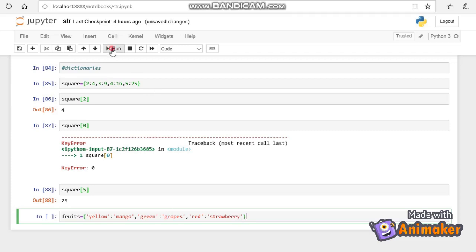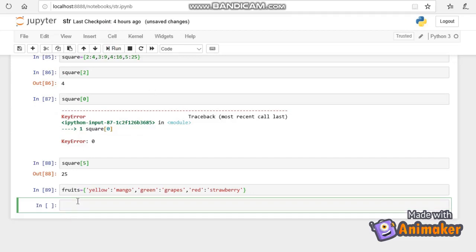Suppose I want the fruit with yellow color, so I am giving fruits yellow. If it is a string, we should give it using single quotes or double quotes to access a string value.